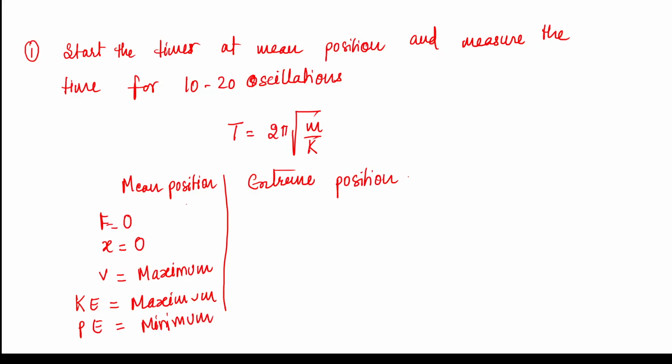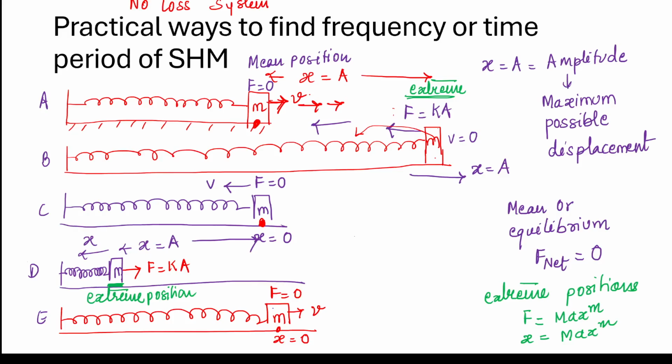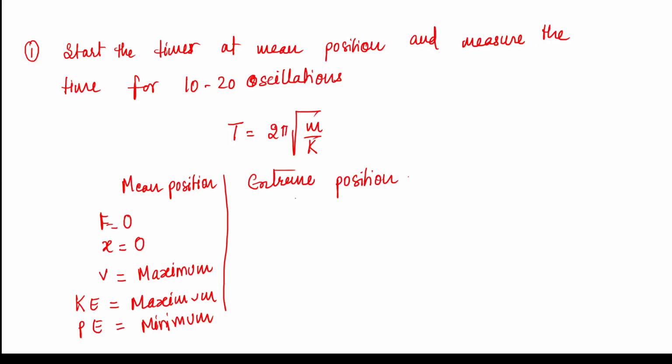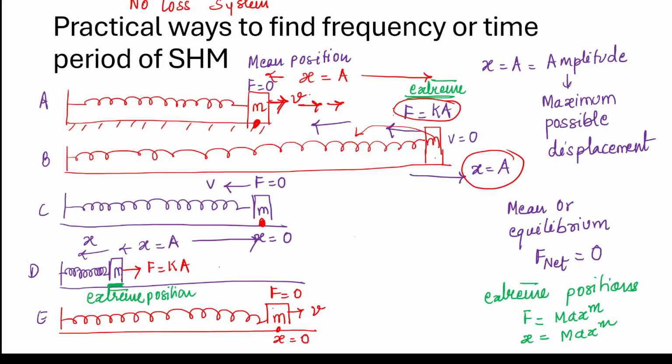All right, let's start with the extreme. At the extreme position, you can see the displacement is maximum. So the restoring force, the force that is trying to bring it back to the original position, is maximum. So force is maximum. Displacement is maximum. And now because displacement is maximum, it starts going back. If it's going towards the right and now it stops and starts going back,